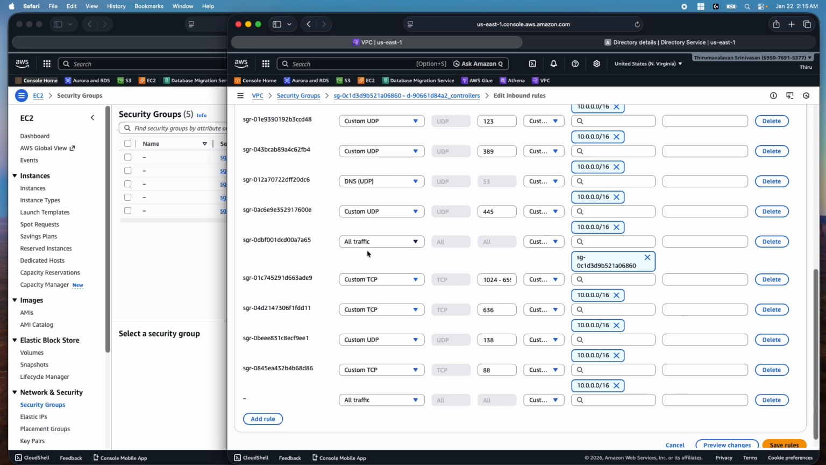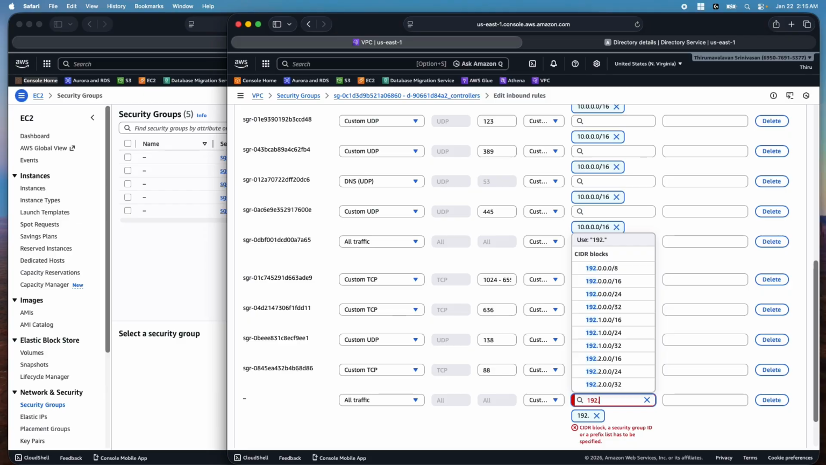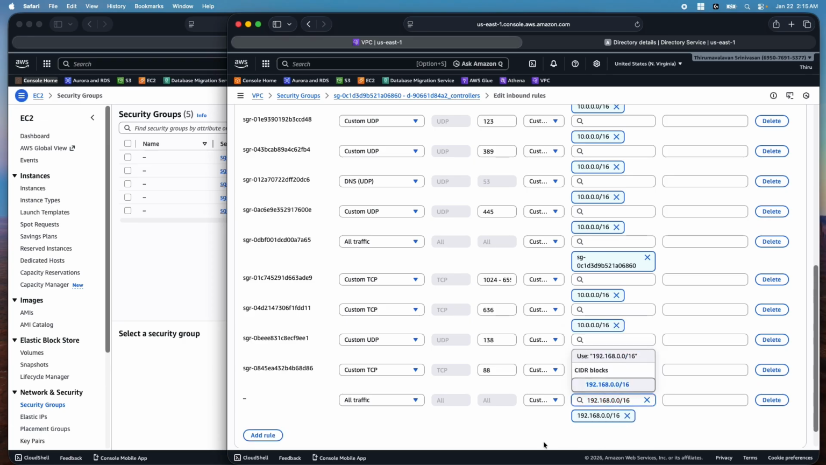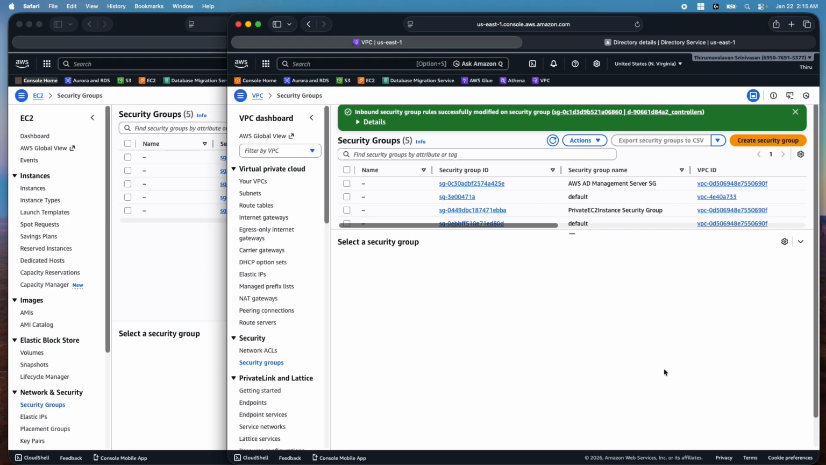and add a rule. Add, let's say, all traffic and set it as custom. And let's use the CIDR range for our on-prem DC. It's 192.168.0.0/16. Okay, so 192.168.0.0/16 looks good. Let's save the rules. This is fine. So we have now allowed the necessary communication between the directories,